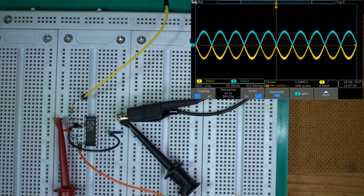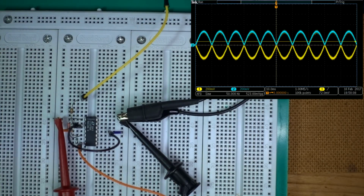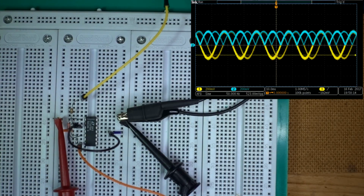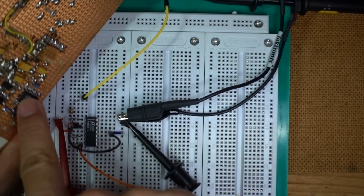Part of the problem we're seeing with that yellow trace is that it's not triggering properly. I should really do something about this trigger, just make sure it triggers. Maybe that works better. Okay, so that's what you're basically seeing. I'm just going to freeze this. Okay, so I think this is the circuit that I've implemented on the board here,